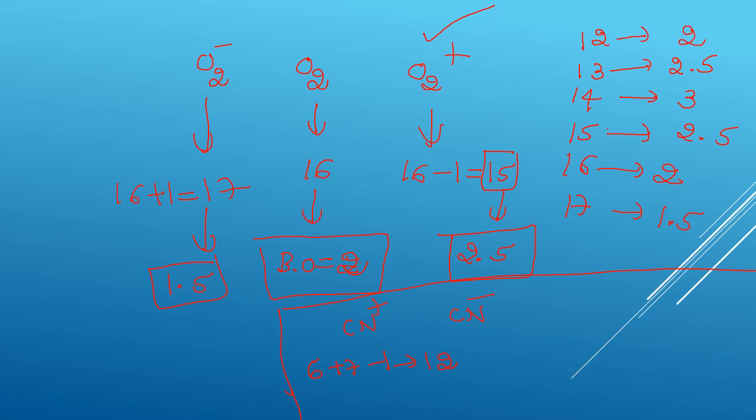So in the case of the CN plus ion, with 12 electrons, the bond order is equal to 2. In the case of the CN minus ion, 6 plus 7 plus 1, the total number of electrons is equal to 14, so the bond order is equal to 3. In this way, we can easily solve questions related to paramagnetic and diamagnetic substances as well as bond order.